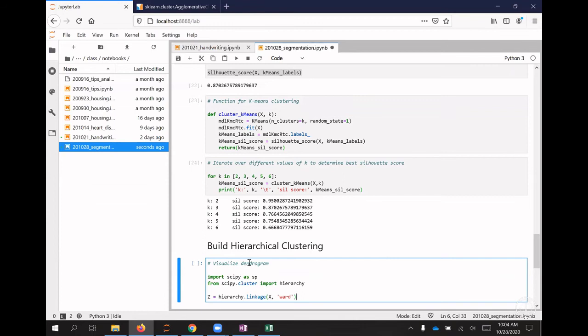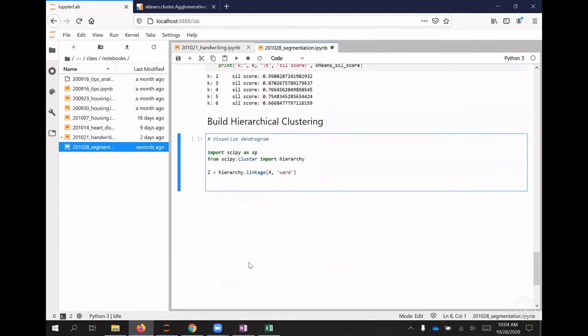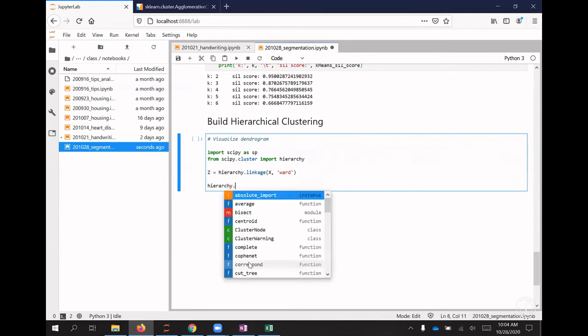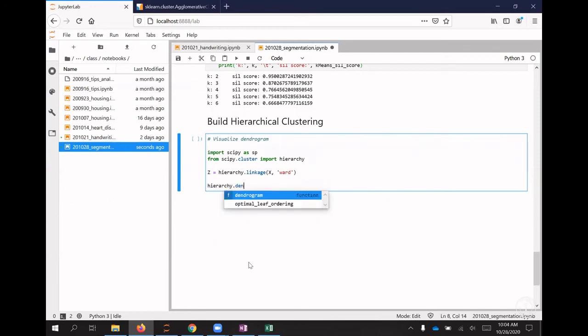And then hierarchy. I like this library because it gives the dendrogram. Yep, it gives the dendrogram of Z, which is all the linkages,